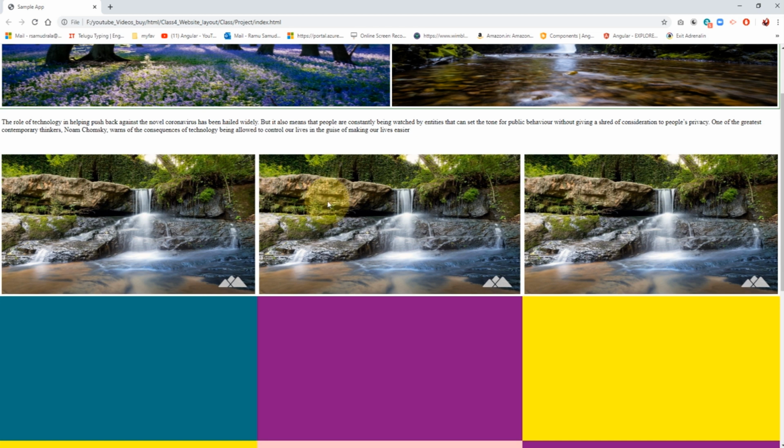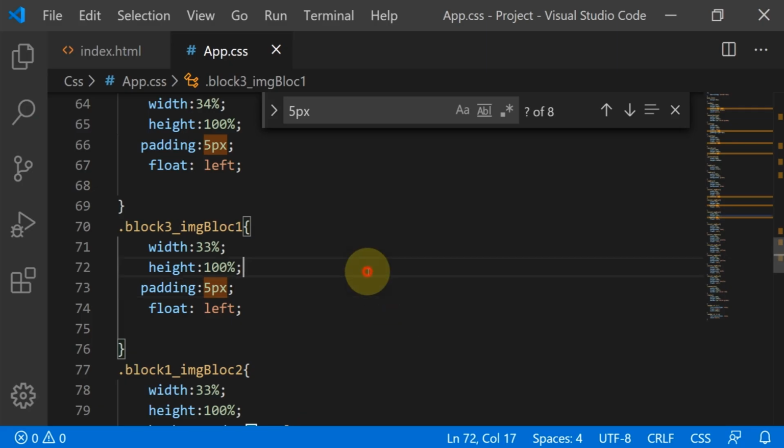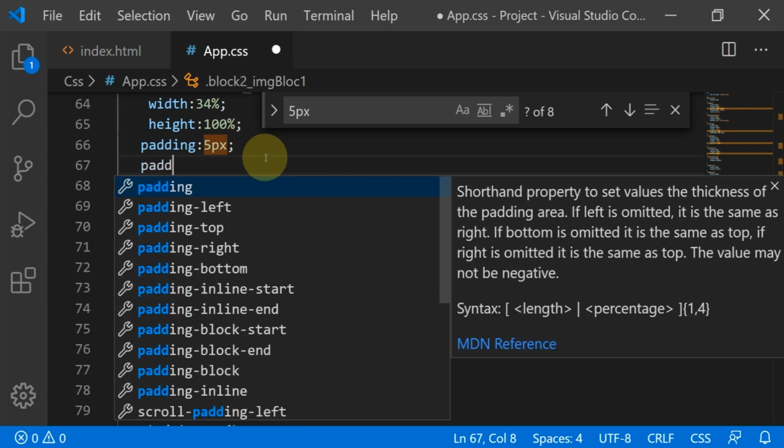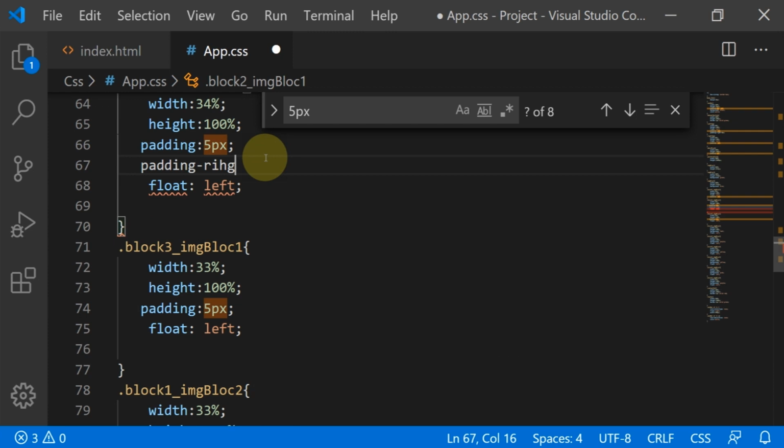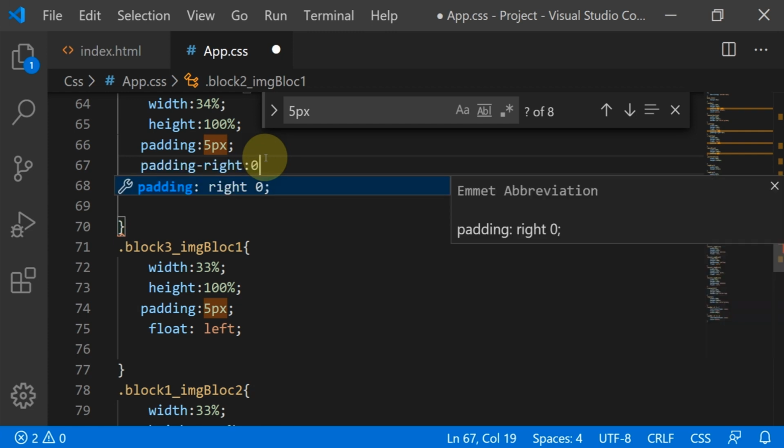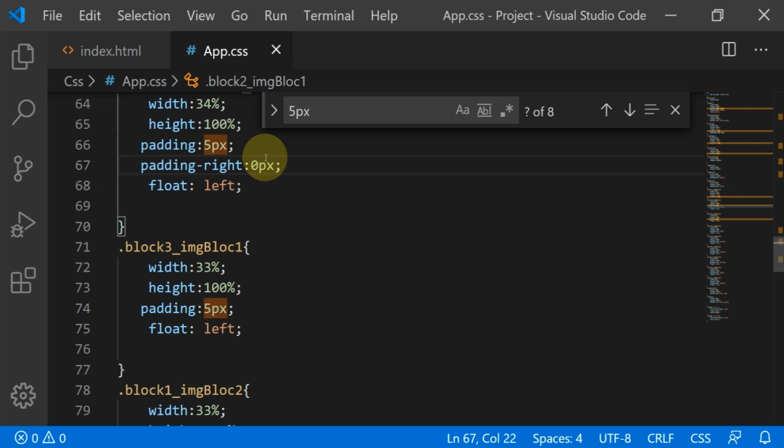So for the first image and second image I am removing the padding right, so padding right, 0 pixel.